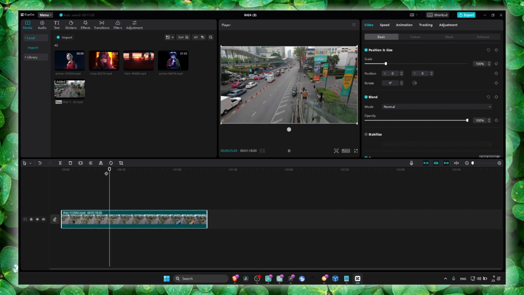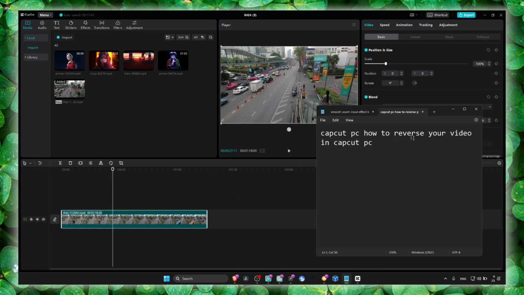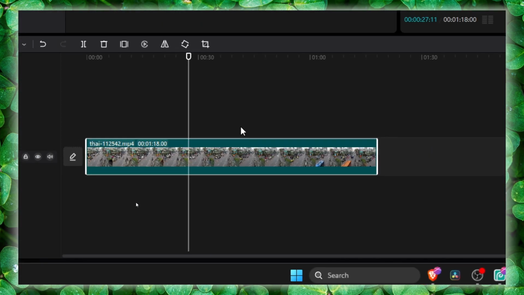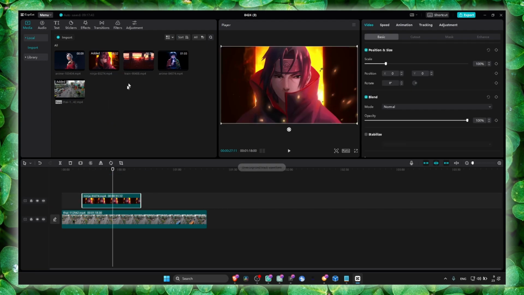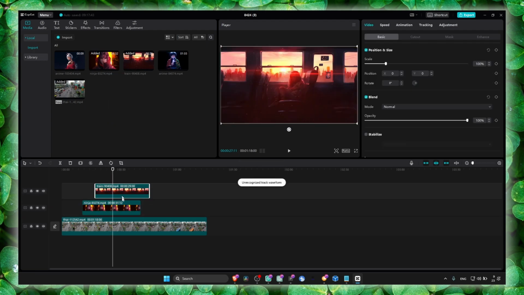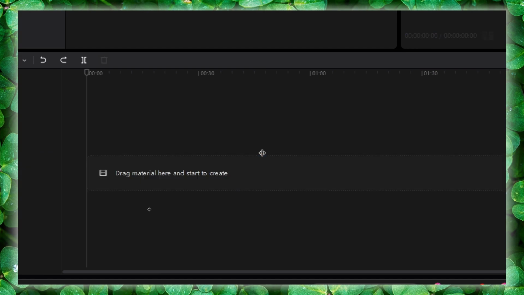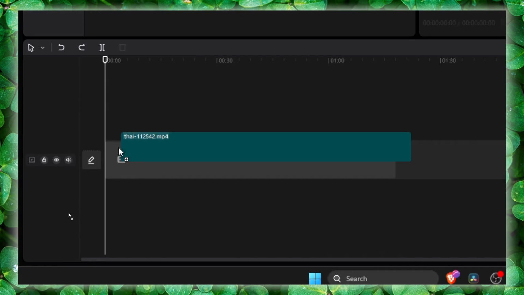And now to reverse your video in CapCut PC, what you have to do is to select your video first, because if you have, let's say, more videos, then you need to specify for CapCut which video you want to reverse. I'm gonna reverse this video, which is already reversed, but I'm just gonna re-add